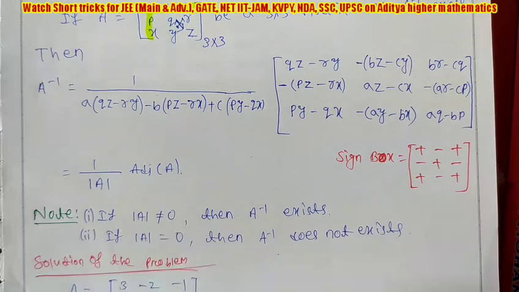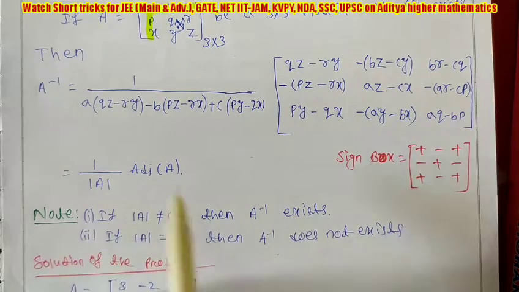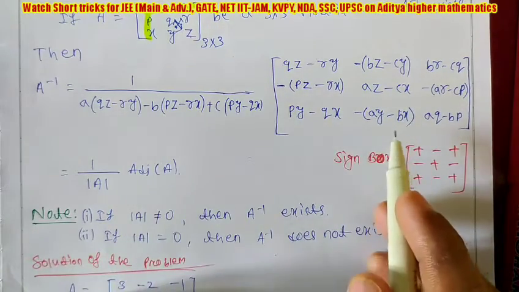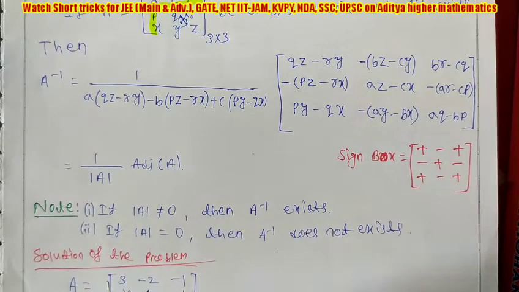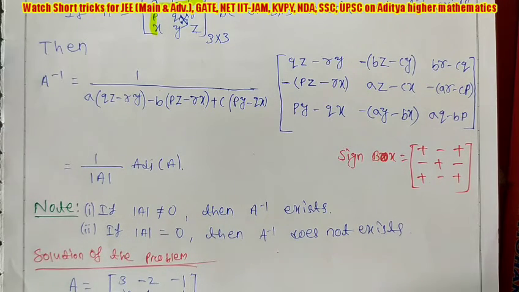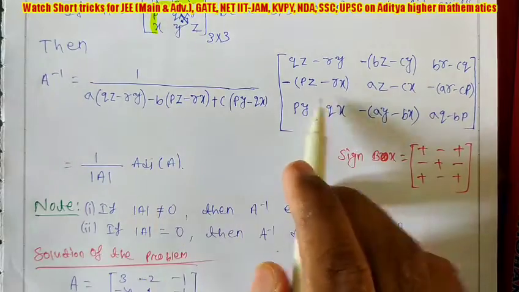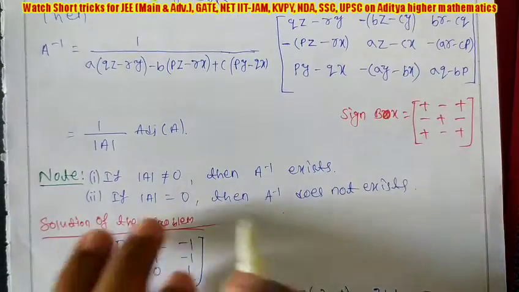But if somebody doesn't know the concepts of determinant, adjoint, cofactor, here also they can apply this formula. If anybody doesn't know how to find the determinant, how to find the minor, how to find the cofactor, adjoint, you can still find the inverse by applying this formula. It is a simple trick.